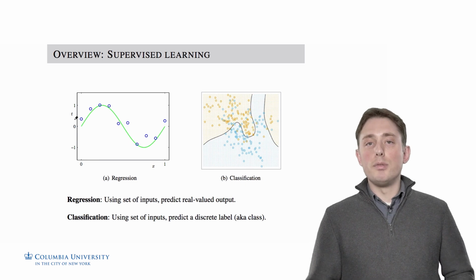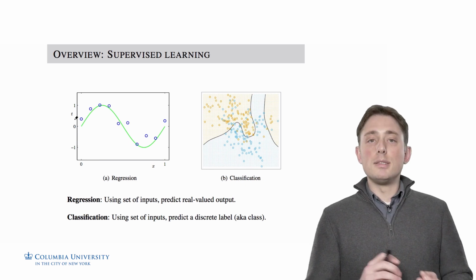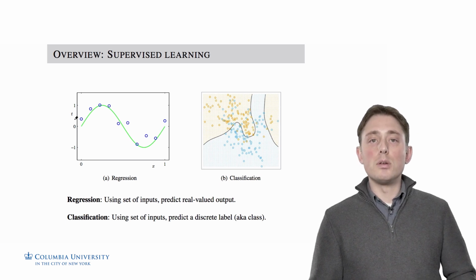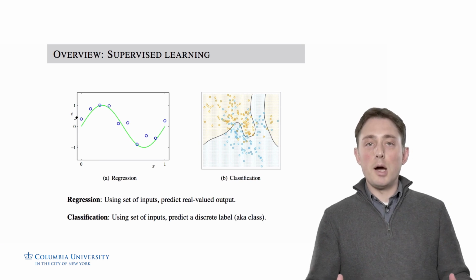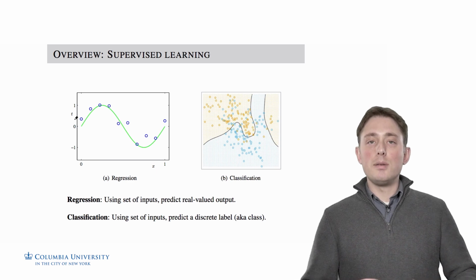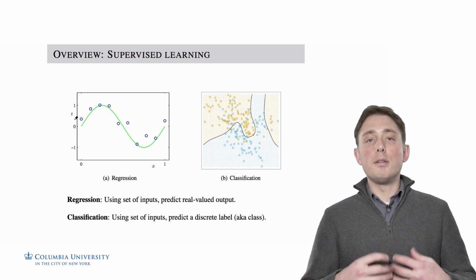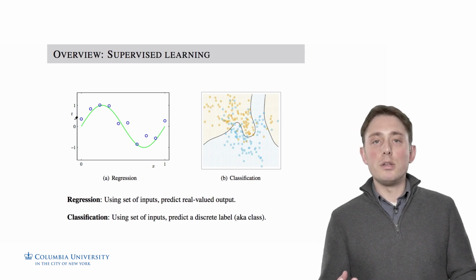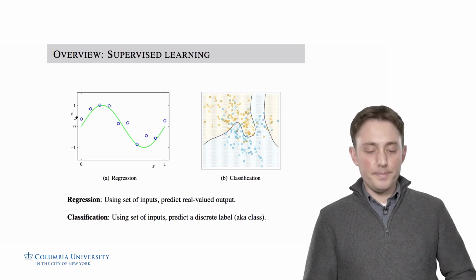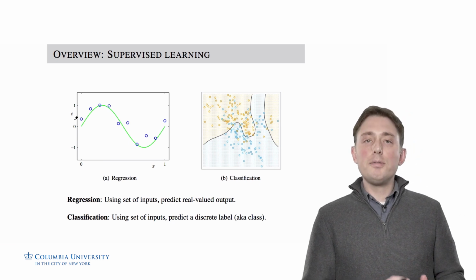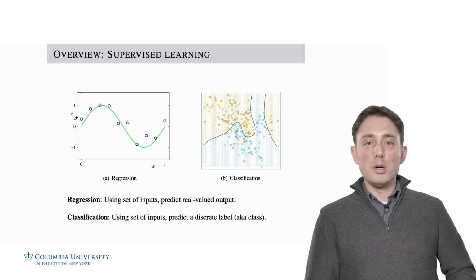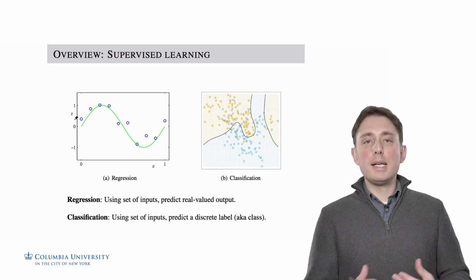Classification is another supervised learning problem that is slightly different. The form or the structure is very similar. We have pairs of inputs and outputs, and we get this data set which has many of these pairs, and we want to learn some function so that in the future, when we get a new input for which we don't have the output, we can make a prediction of the output that's going to be accurate. However, the key difference here is that where with regression the output is a real valued output,